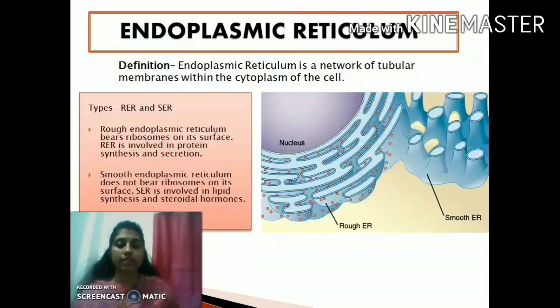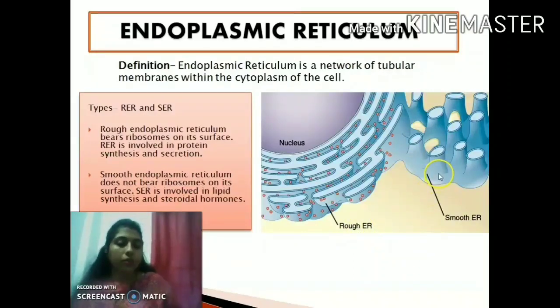So here's a diagram. Can you see the nucleus is present here, and this entire structure is the endoplasmic reticulum, which is present in very close proximity with the nucleus, right? Now you can see here rough endoplasmic reticulum is the type where the outer or external surface consists of ribosomes. Can you see the red dots here? These are nothing but the granule-like structures, the ribosomes, which when present on the external surface of endoplasmic reticulum, make it rough endoplasmic reticulum.